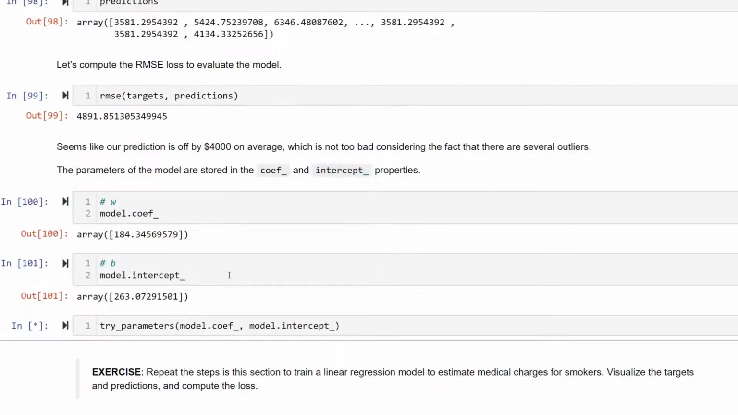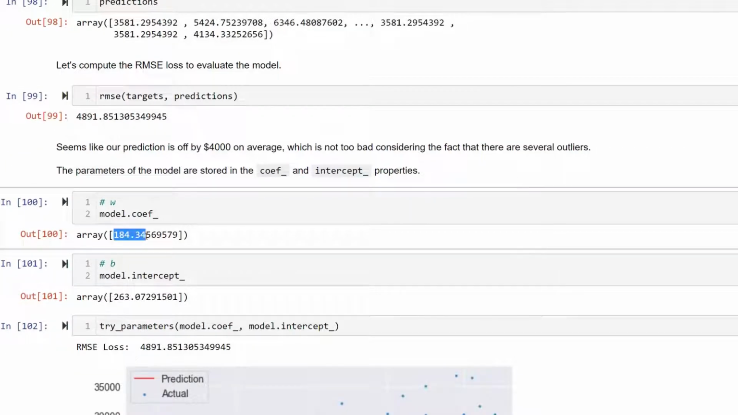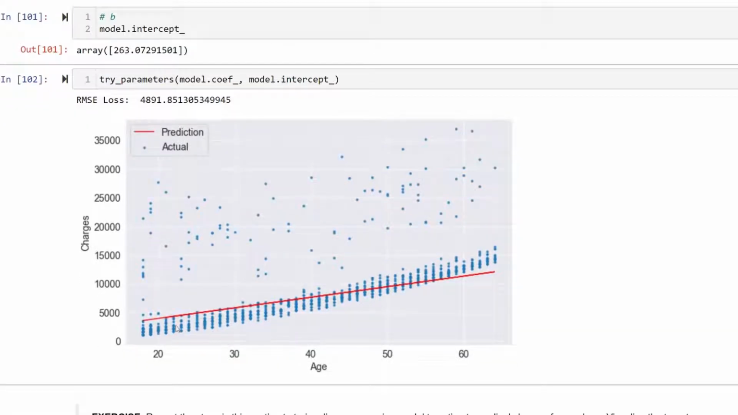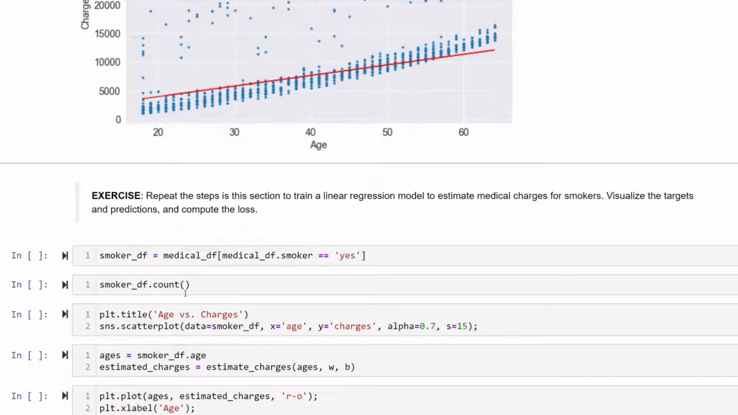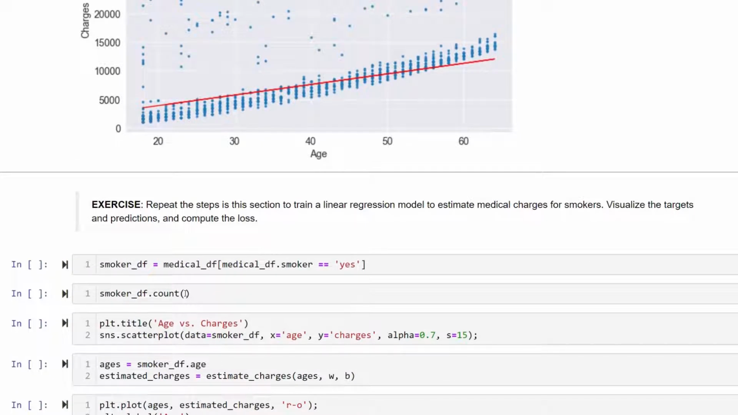What are the values it has taken for predicting? The W value it has taken is 184, and the B value is 263, right? Let me print the root mean square loss. The loss will be 4891, and the predicted line will be like this. So in this way, you can make predictions with the SGD booster and the linear regression as well, using the single variable. So far we can learn these steps, and there is an exercise to repeat these steps